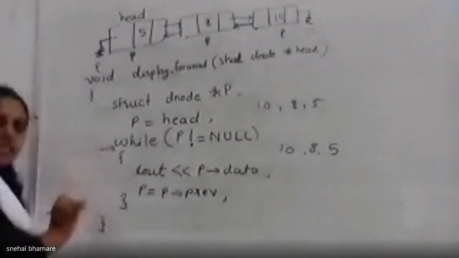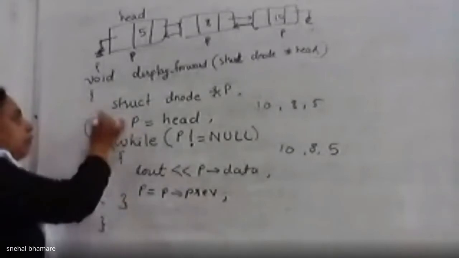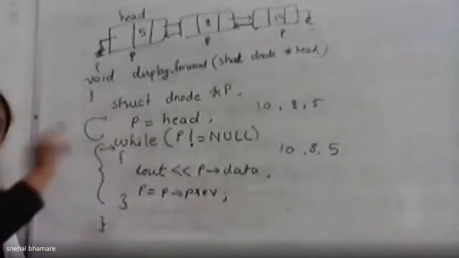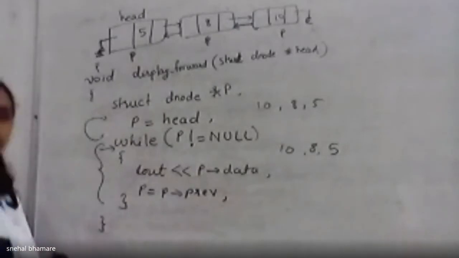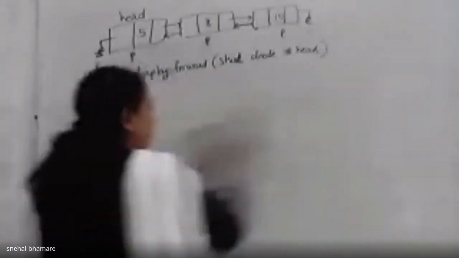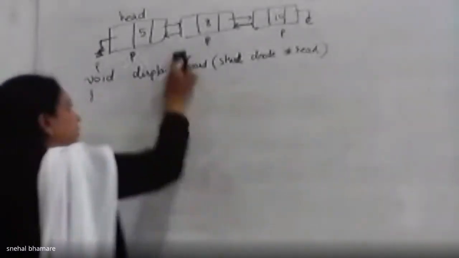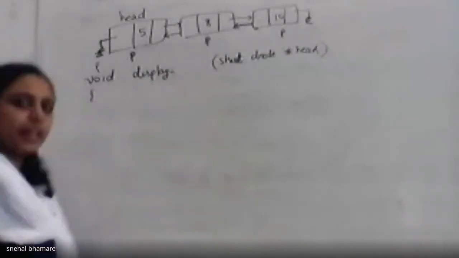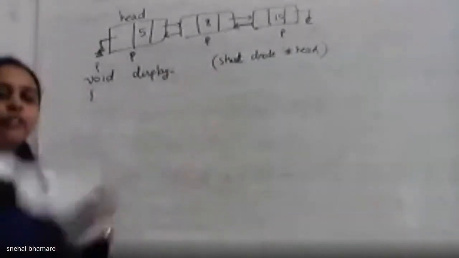The only thing you have to do is that before writing this while loop, you have to take the pointer P to the last position. For that also you have to write one separate while loop. Okay. So I'll write the function for displaying the data in the reverse order. Again, since it is displaying the data only, it is not going to return any value. The data type of the function will be void.